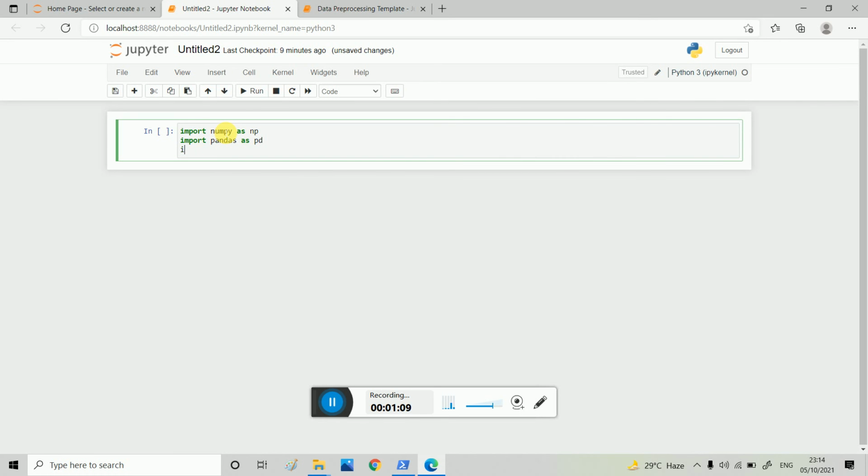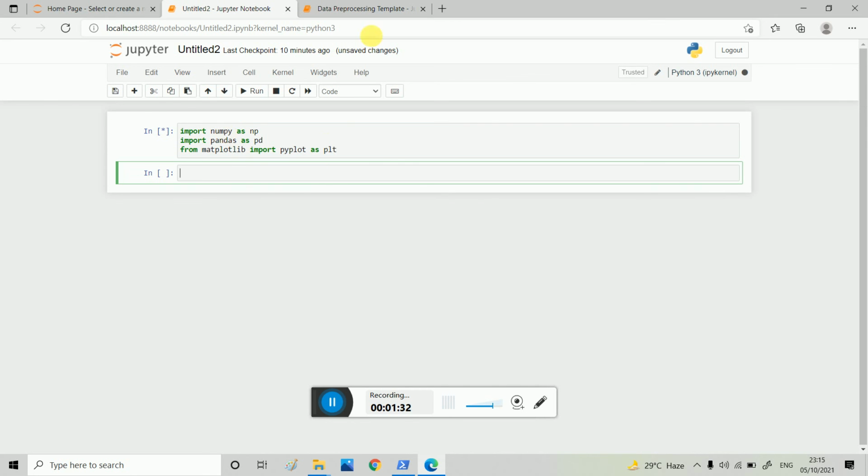Matplotlib is a very big library, and we only want a sub module of it, that is pyplot. So from matplotlib import pyplot as plt.